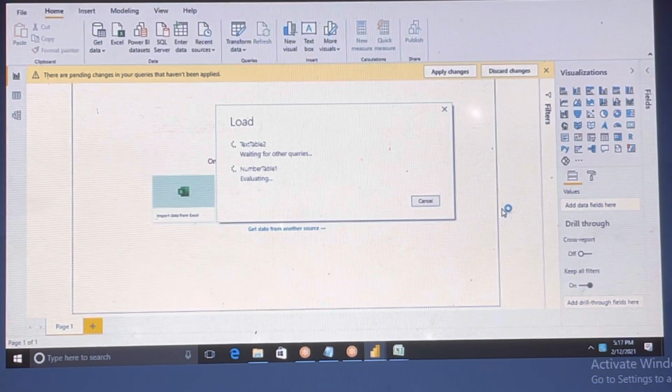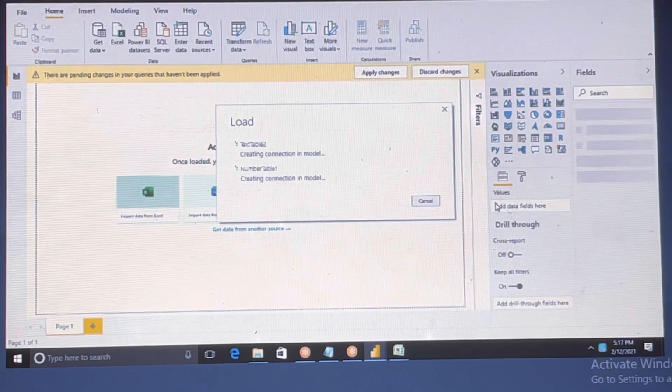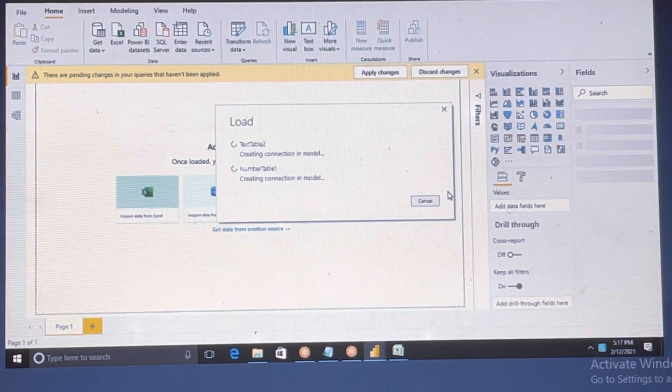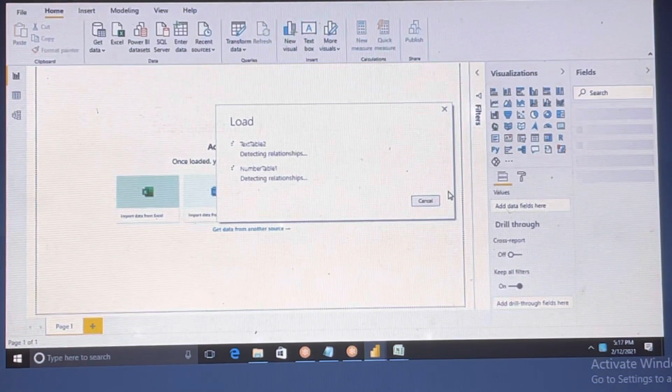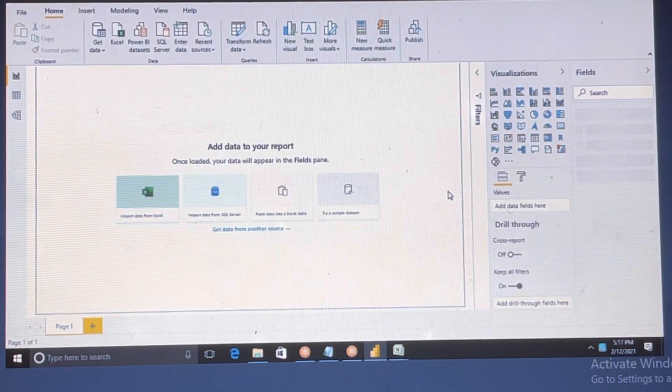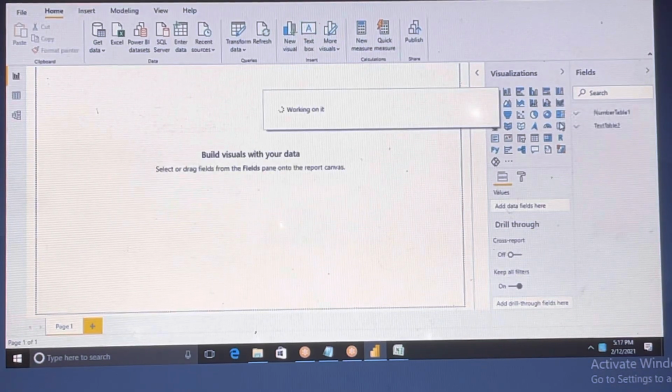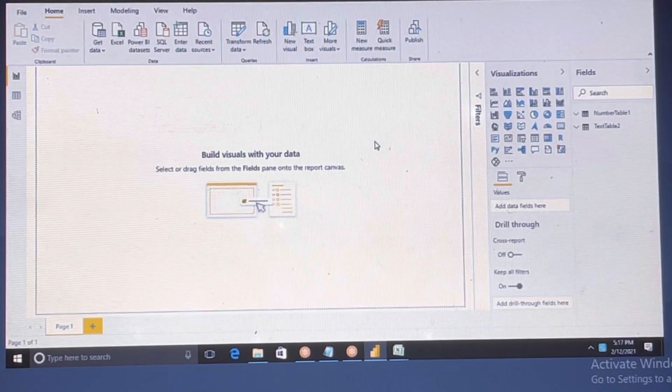In the middle of the session, if you have any doubt, just let me know. Okay, two tables of data added.